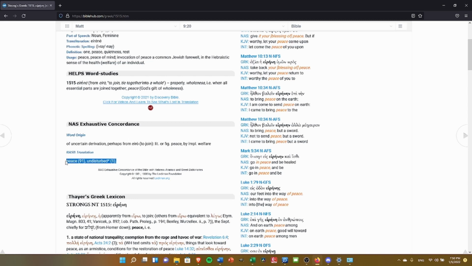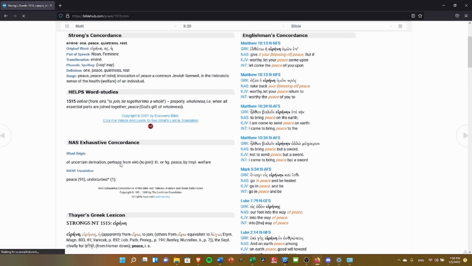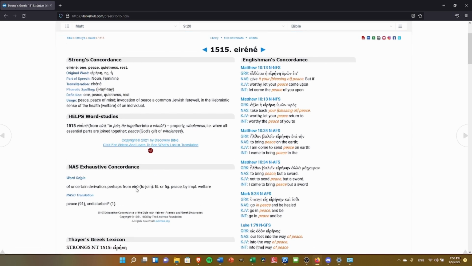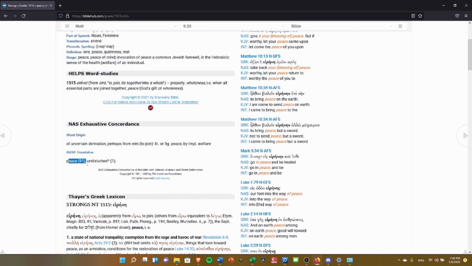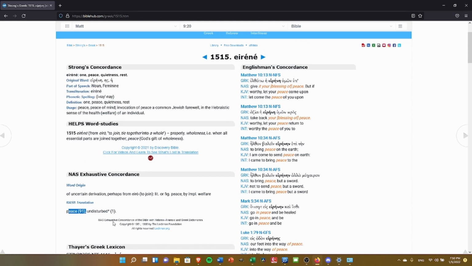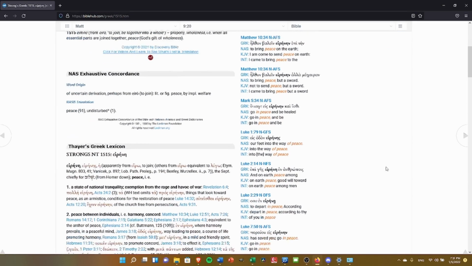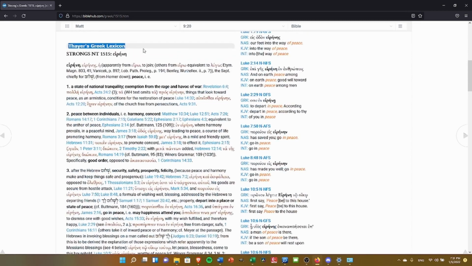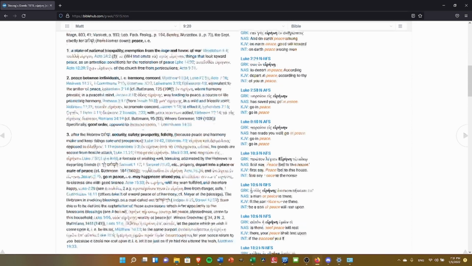And specifically, this section here tells me that in the New American Standard Bible, at least the one this was put together for, which was the 95 edition, the word eirene is translated as peace 91 times. Okay, 91 times this word is translated as peace, and one time it's translated as undisturbed. So scrolling down further gets us to Thayer's Greek Lexicon, right, starting right here, and then this whole entry,